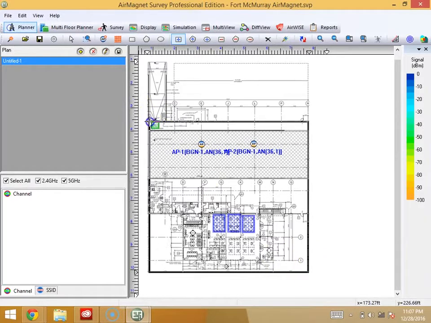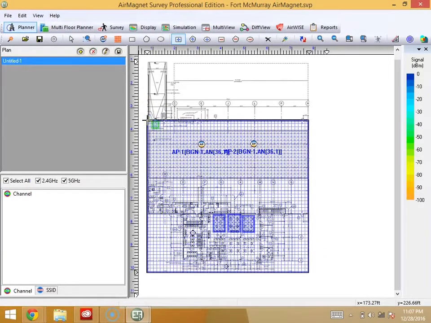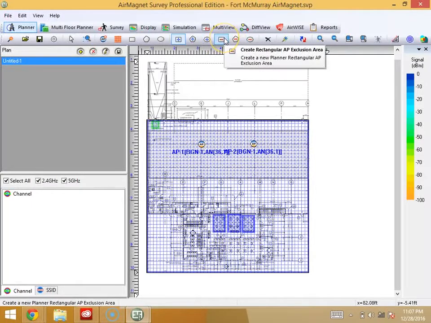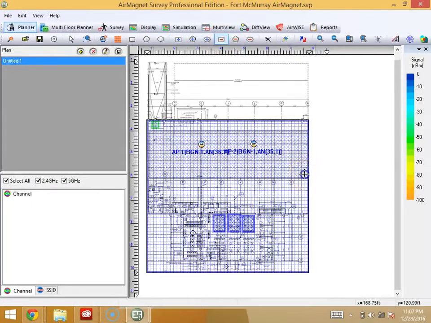So we've highlighted this area. This is the area where we want Wi-Fi coverage, and then we can add exclusion areas. So these are areas where we're not allowed to install access points, let's say. And then the advisor,